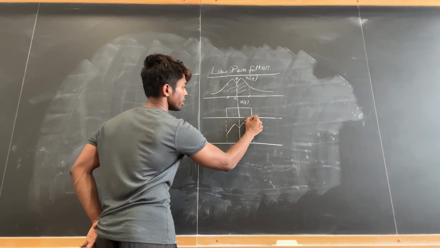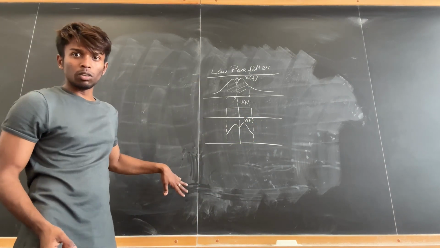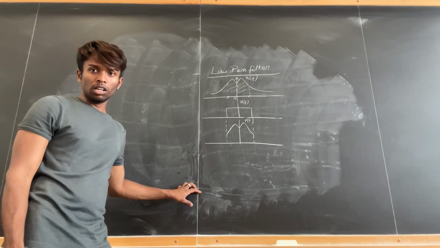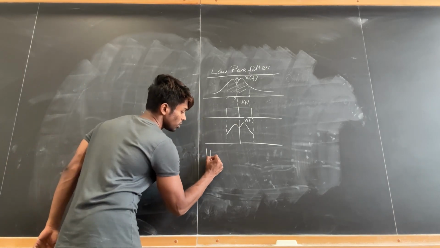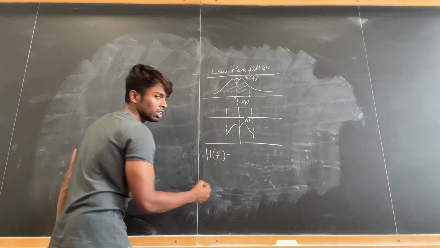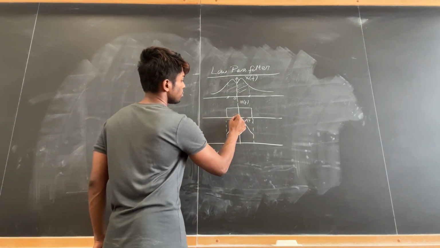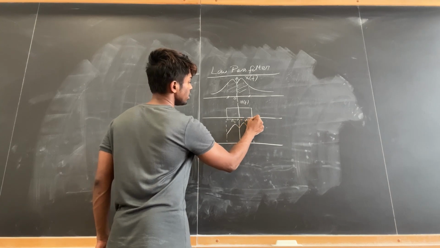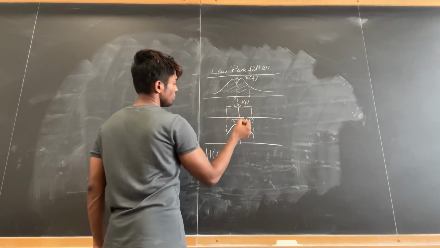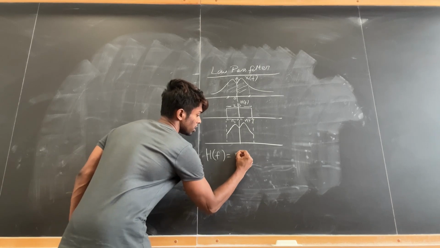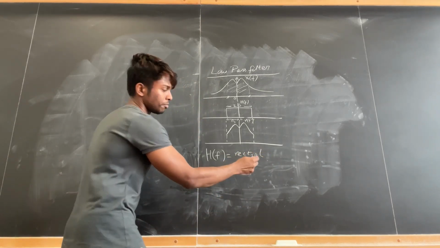That should be Y(f). So this is a low pass filter system design. For the low pass filter system, the frequency response of the system H(f) shall be a rect function. This can have a bandwidth of B here and B here, so it's a total bandwidth of 2B. So it should be rect(f/2B).